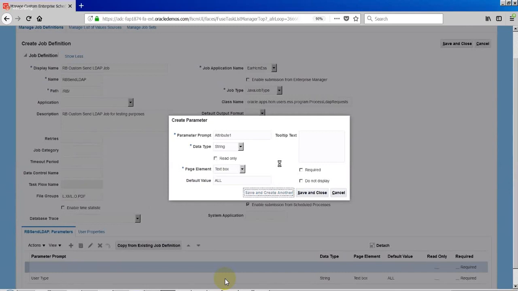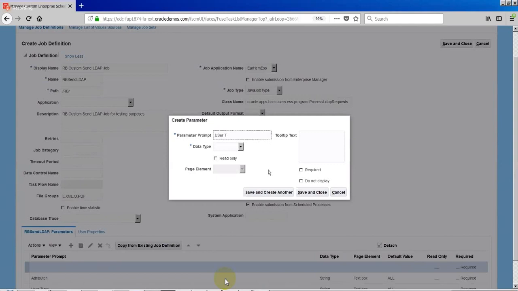We have that feature available in the ESS. Basically, if you want to submit the same job multiple times based on different time zones, in that case we have to diagnose the job based on what time it got submitted. So if we enable that feature, typically that makes sense, basically enable time statistics. Else it doesn't have much meaning. And database trace is all about database level trace.